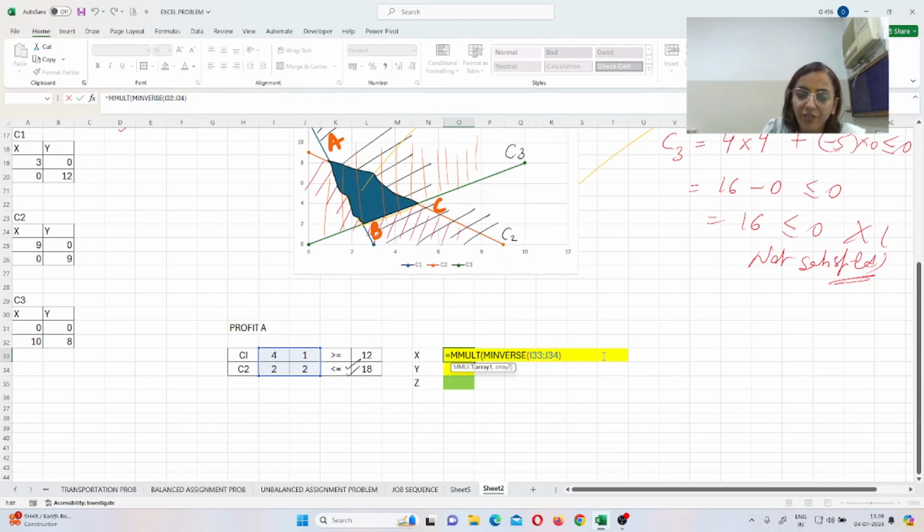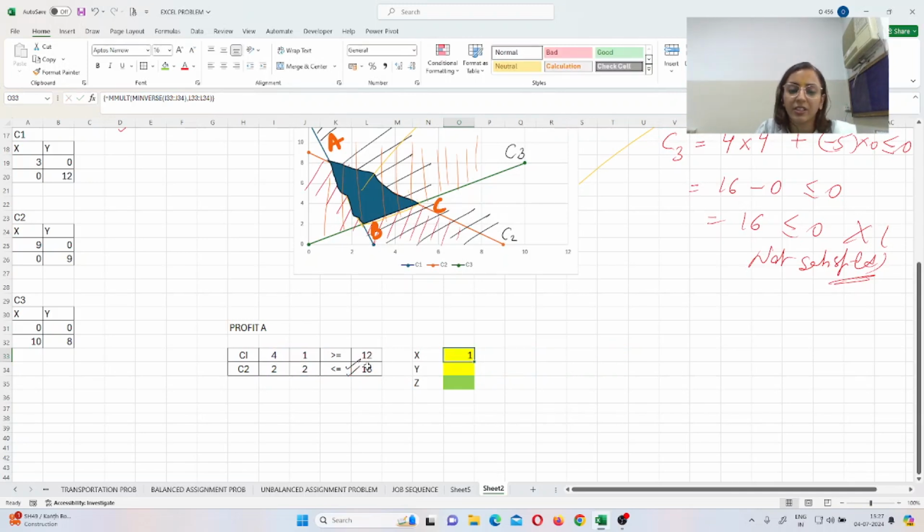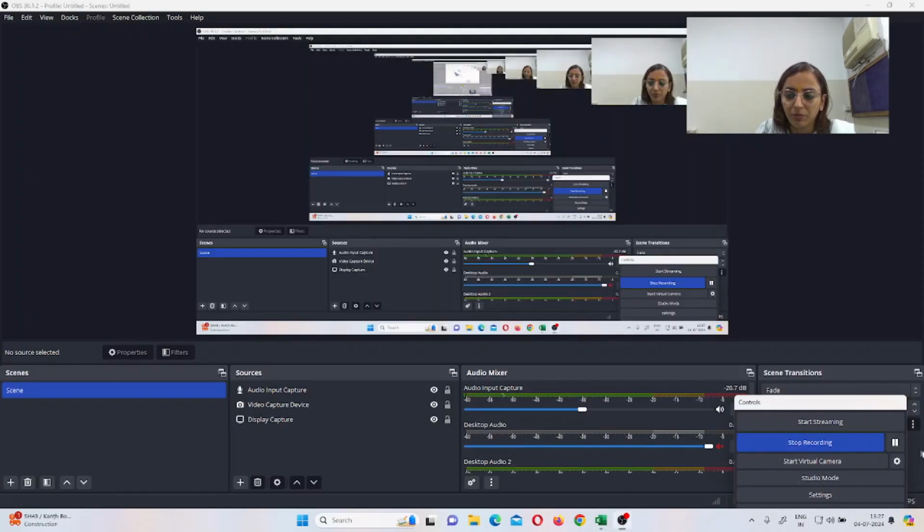Alright, then we have to go for the next array, and that will be after the comma. You have to select your next array this way. And then you have to close the bracket, then Control Shift and Enter. Here it is, that is 1, right? But if I drag the value, it is showing an error again. It should not be showing an error over here. Check once.